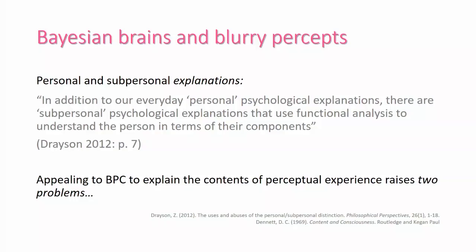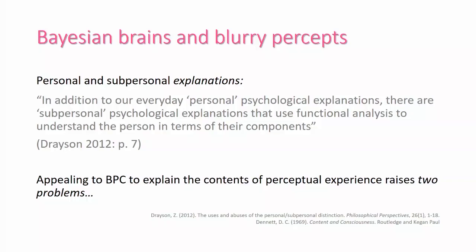So I think what people who say, oh, well, why worry about the subpersonal level, are assuming that the subpersonal-personal distinction is an ontological distinction between different kinds of states: states of persons on one hand, and states of the brain on the other. But I think Zoe Drayson's work here is very helpful in putting pressure on that